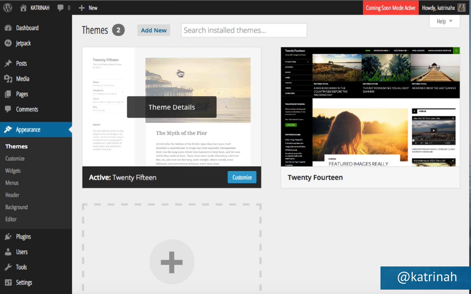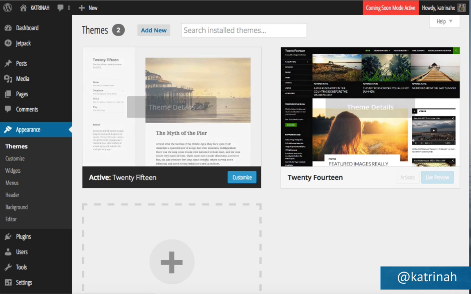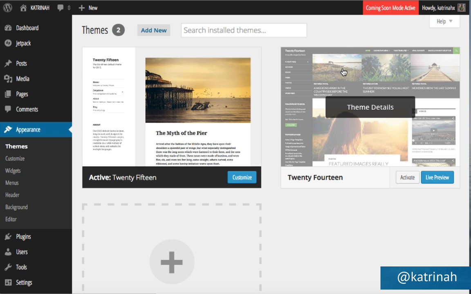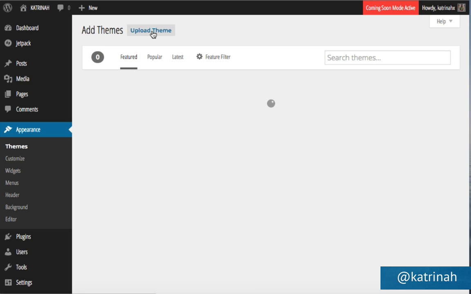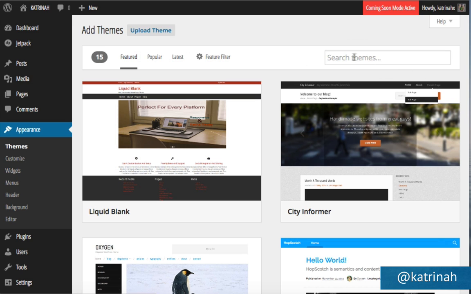Here we'll see the theme that is currently active is the 2015 theme, and when we installed WordPress, it also came with the 2014 theme as well. I also have another video on this particular theme if you'd like to see how this one is set up for 2014. To move forward with Storefront, however, we need to install a new theme, so I'm going to click on Add New here at the top. And then I'm going to do a search for Storefront by coming over here to the search box and typing in Storefront.